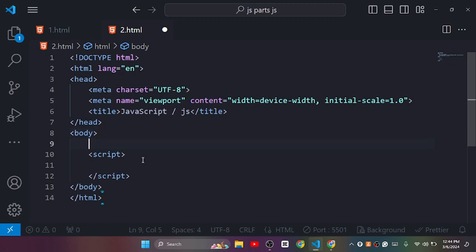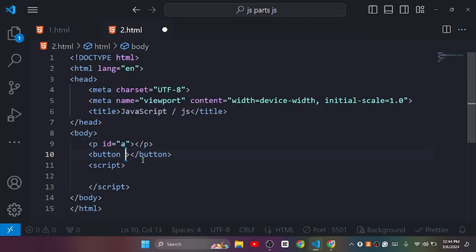What are functions? First, I am going to call here a paragraph with the ID a. Simple. Come here, and I will call here button 2, only button and nothing more. I will write here on